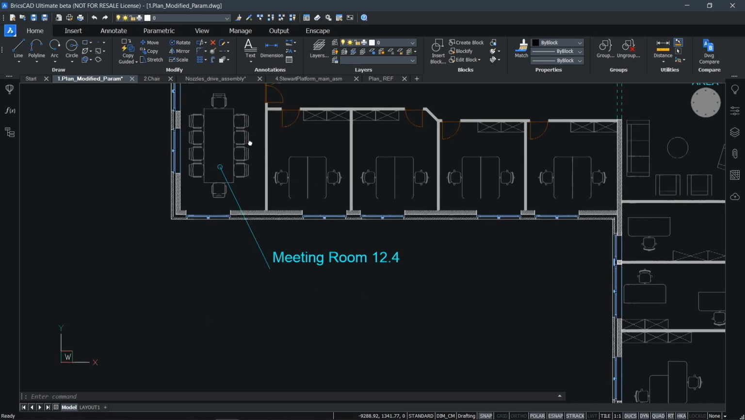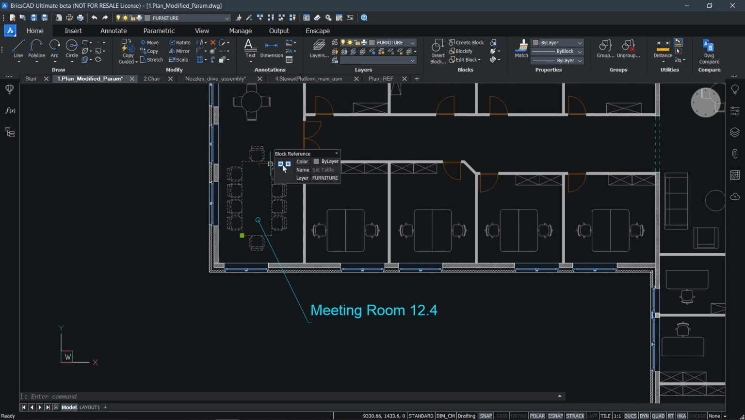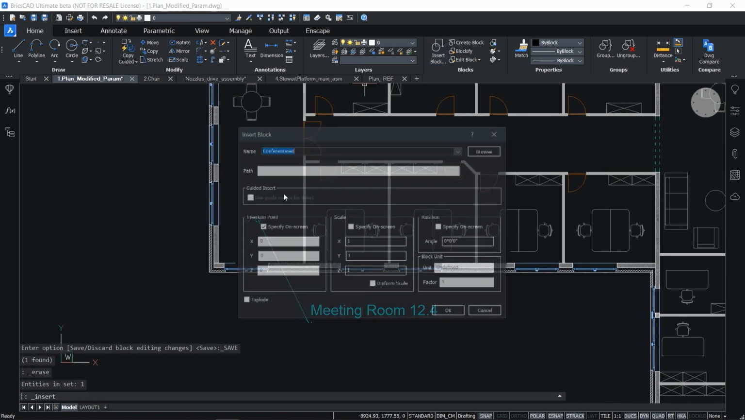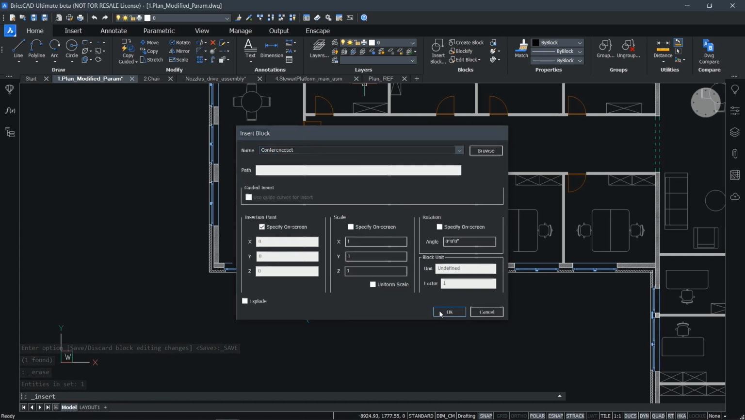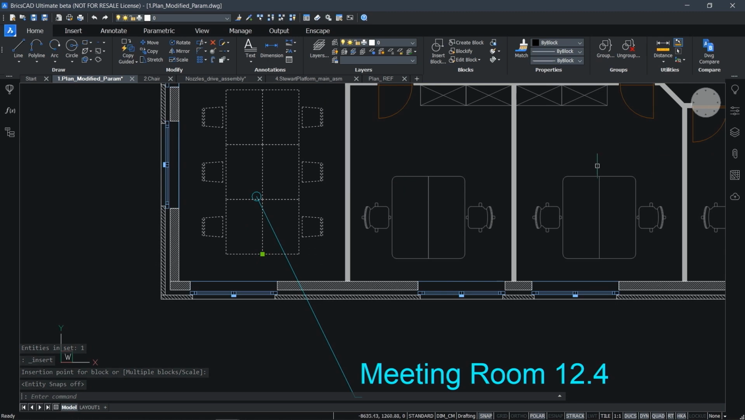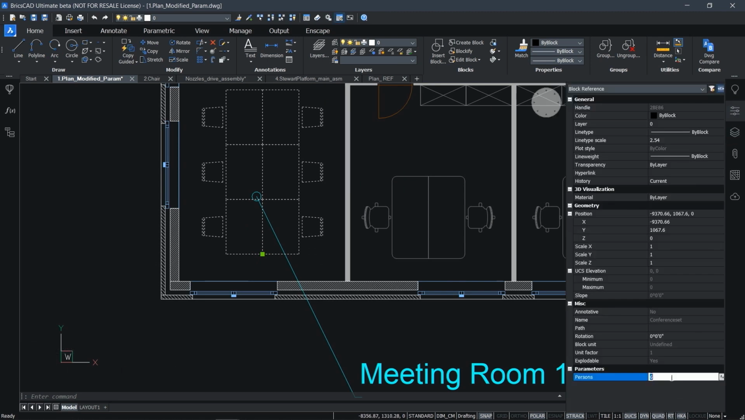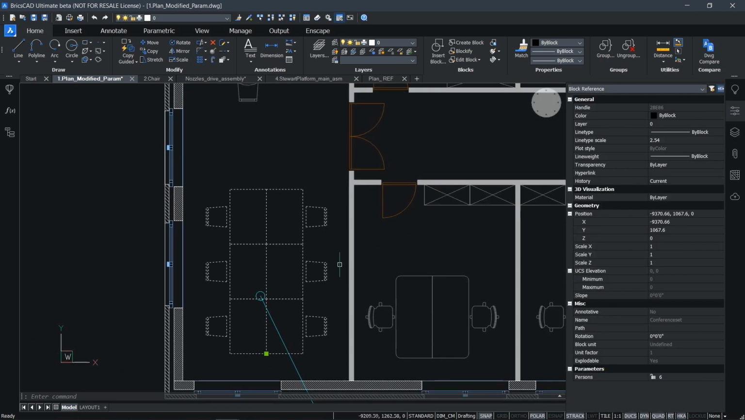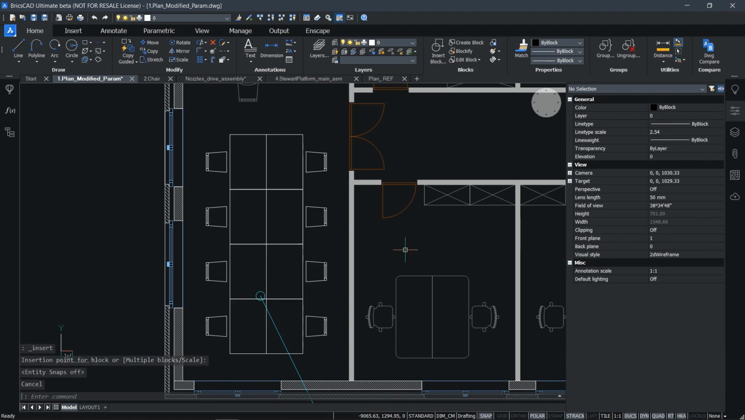Let's also see now what we can do with this block. As in essence, parametric blocks are just regular blocks with some metadata, we can use the familiar insert and block command to insert and to handle these blocks. This is also new for BricsCAD V21. So indeed, we can simply change the number of persons here in the properties panel, and that's exactly what we